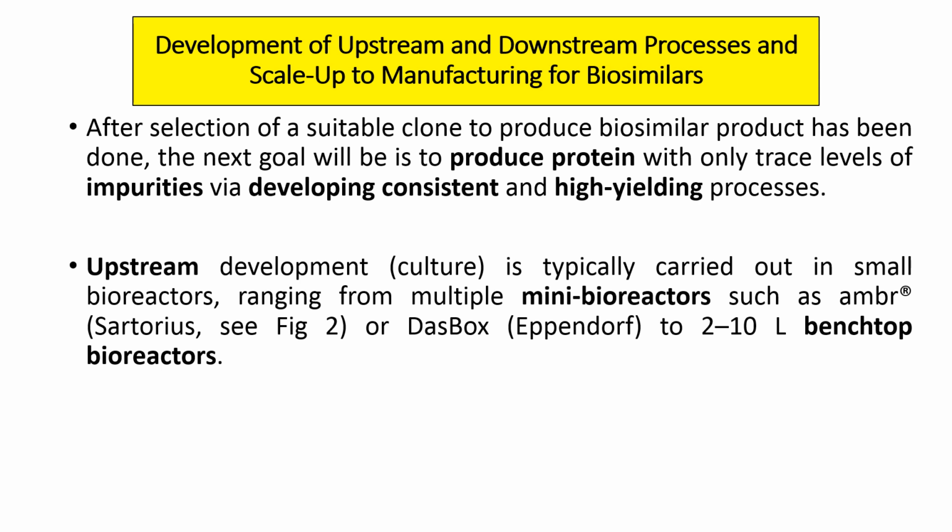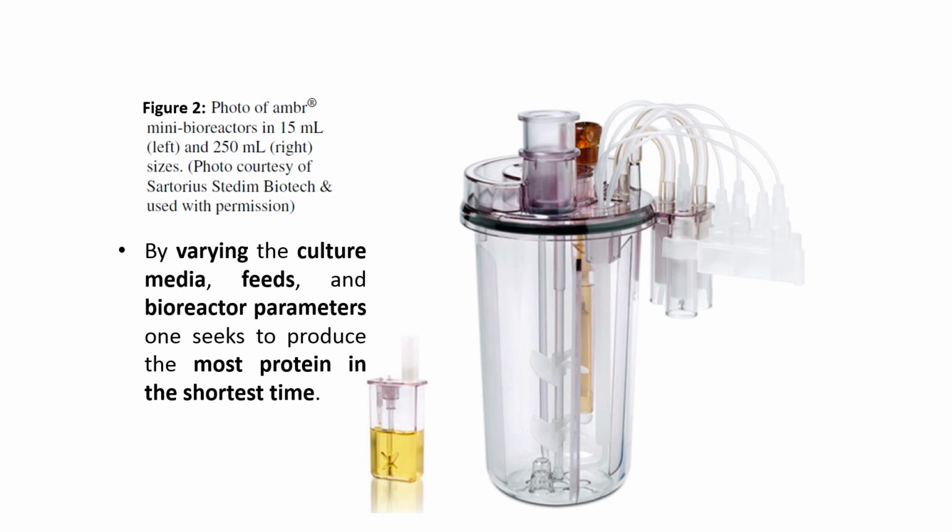So the upstream development is typically carried out, as we discussed before a month ago, in bioreactors, which range from multiple mini bioreactors, shown in the next slide, to benchtop bioreactors. These are the pictures of the one with 15 ml and the one with the 250 ml mini bioreactor. So we can vary the culture media, feeds, and bioreactor parameters to produce the most protein